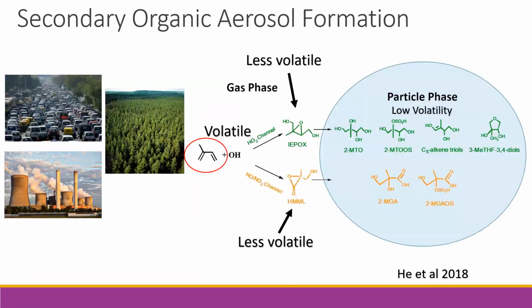So the process of the formation of secondary organic aerosols is you take your VOC that's emitted from its various sources, and it undergoes chemical gas phase oxidation. This oxidation process makes these VOCs a little less volatile. They don't want to stay as gases as easily. And as they undergo more and more oxidation, they start to stick to existing aerosols. Once they're on the aerosol, they can continue to undergo even more chemistry that makes them less and less volatile, by either adding oxygens or by forming carbon-to-carbon bonds, which makes them heavier and thus less volatile.